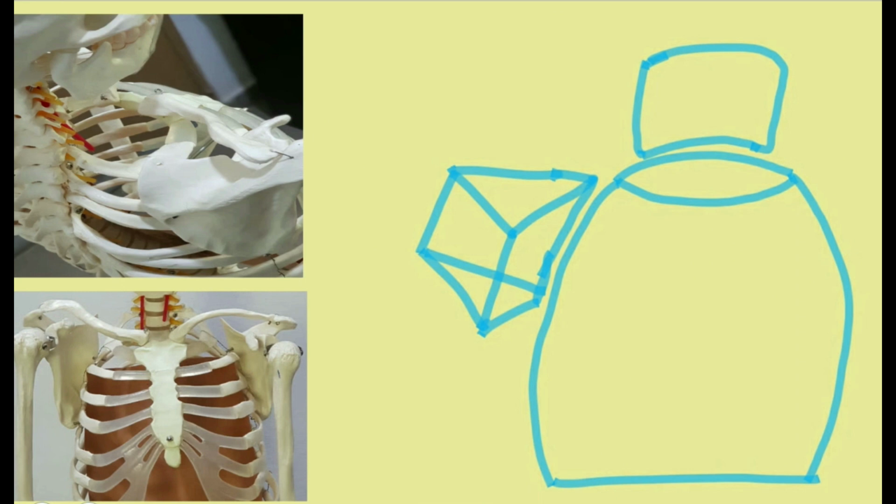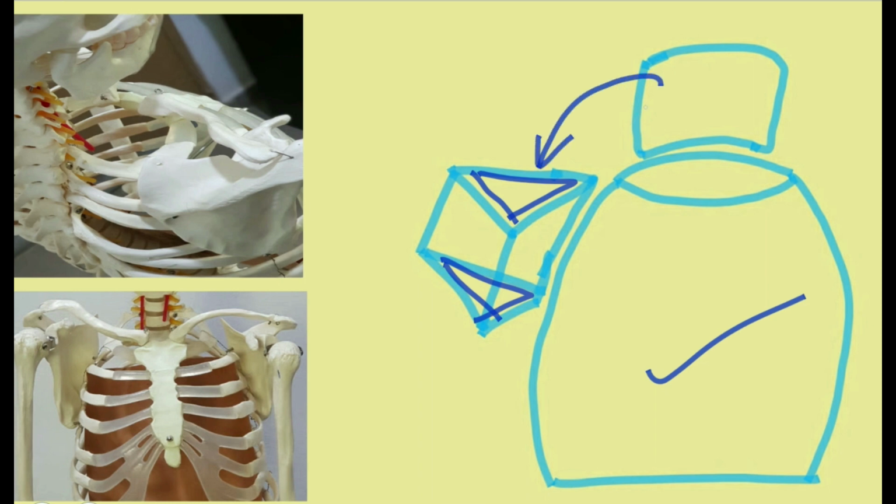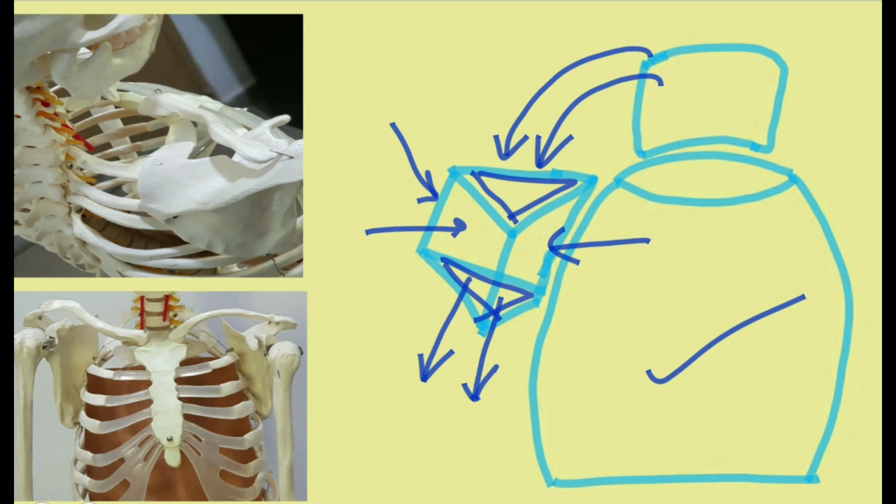Now look here. I will now demonstrate the apex and the base of the axilla. This sketch is again very important for understanding the apex and the base of the axilla. This area is the apex of the axilla and this area is the base of the axilla. Any structure that wants to enter the axilla from the neck area will enter through the apex. And any structure that wants to leave the axilla will leave through the base. There is no other option. What that means is that there is no structure in our body that enters the axilla through the medial wall, through the anterior wall or through the posterior wall.